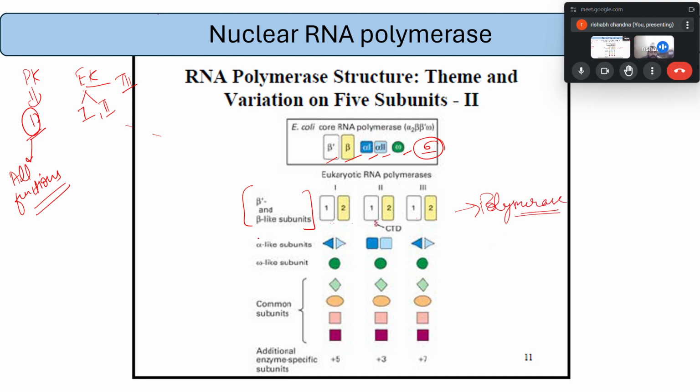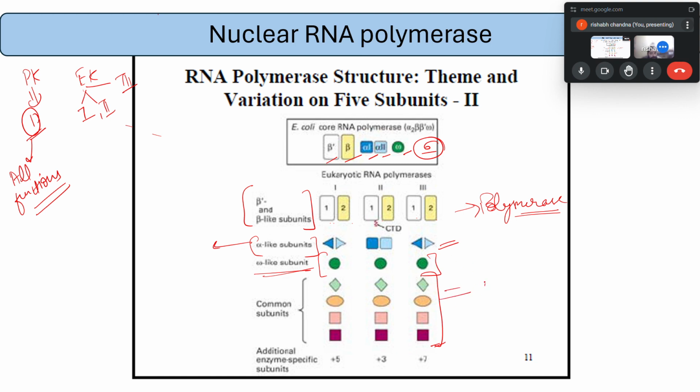Okay, then we have the alpha-like subunits. These basically help in assembly as well as binding to the activator sequences, like the UP elements in prokaryotes. So this is a similar function. Then we have omega-like subunits that simply maintain the structure of the core RNA polymerase. Then we have some common subunits based on the species, because these are present in eukaryotes,